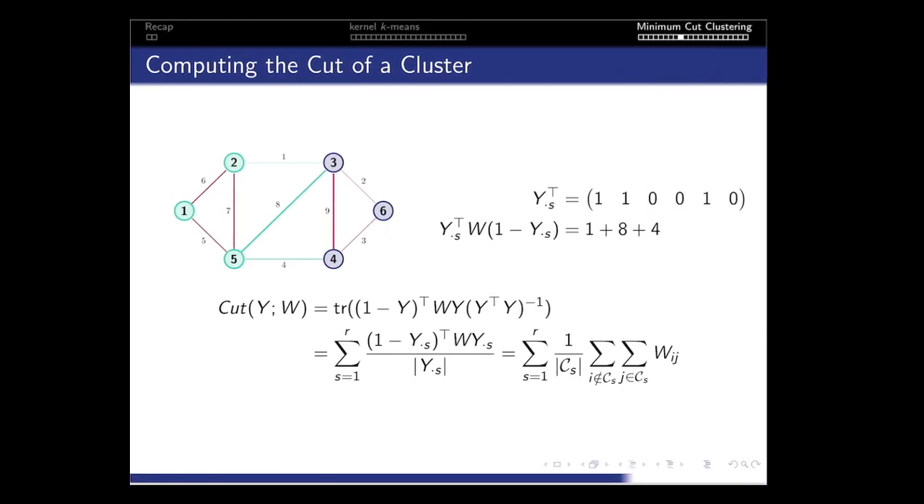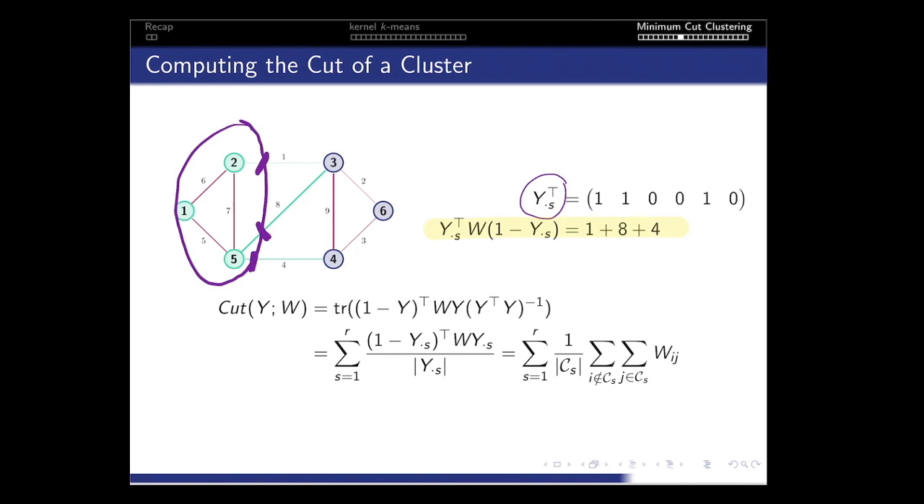But for this graph representation, there's also one other way to compute a measurement for clusters, and this is the cut. So the idea is here, we have again the cluster consisting of the nodes 1 to 5. So this is indicated by the vector y_s. And now if we cut this cluster out, what kind of edges would we actually have to cut? Well, it would be this edge here with the weight of 1, and this edge with the weight of 8, and this edge with the weight of 4. So the cut would be equal to this term 1 plus 8 plus 4,